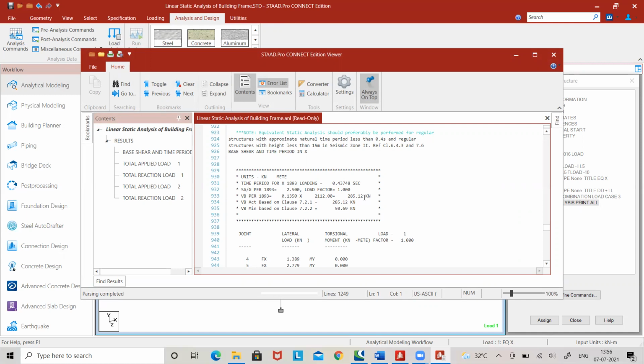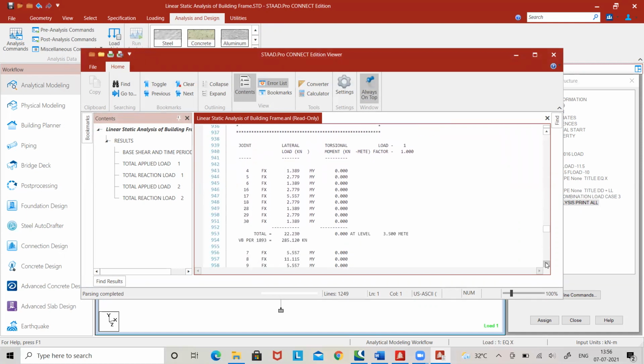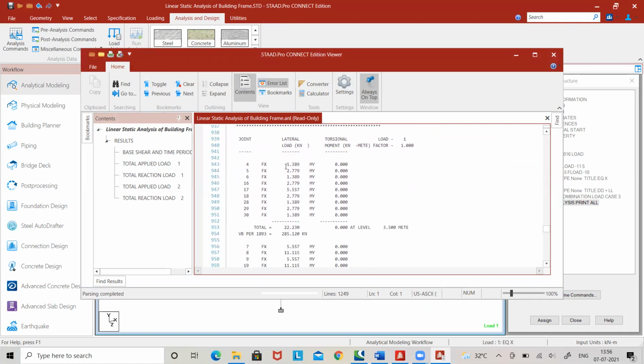You can verify it by the lateral method also, manually also. And then how it is going to be distributed. Here is the distribution factor 1.387; these joints are facing the positive x direction. At this joint this factor is going to apply, and multiplying this factor with the base shear will get the force.